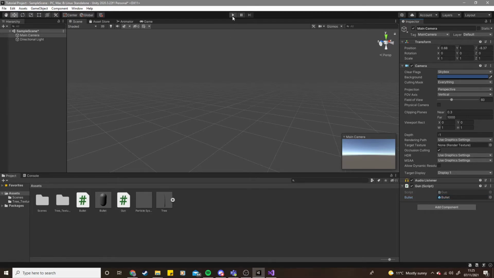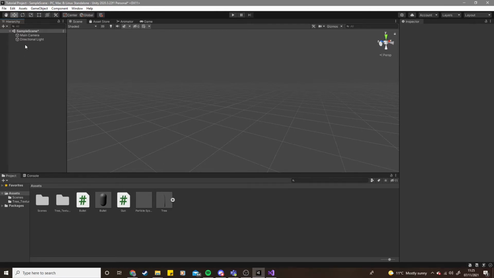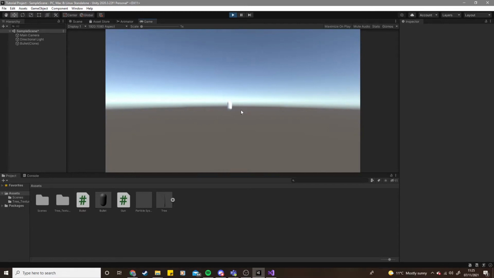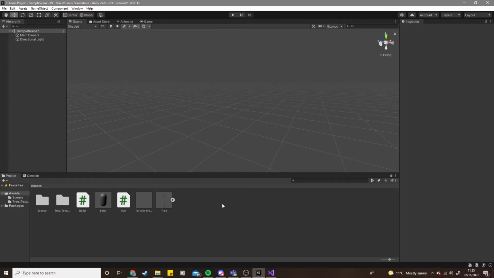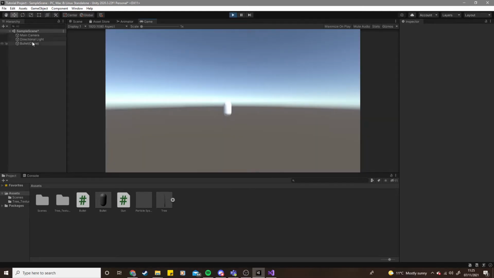So I'm just going to play the game in a second. I just want you to note that there are only two game objects in the scene, a main camera and a directional light. But keep your eyes on here and the scene, because hopefully, voila, we've created a bullet, and on its own, the bullet is moving forward using its own code that we used last time, which is fantastic. So you stop and it's deleted, you play the game again, and it creates a bullet, voila. So that is how you create a game object using code,